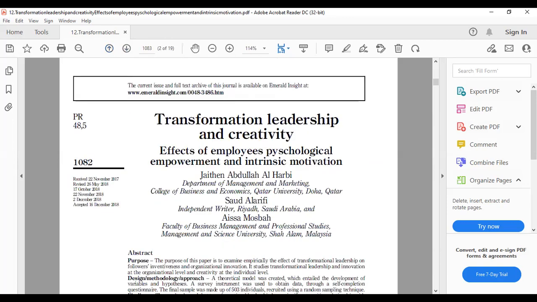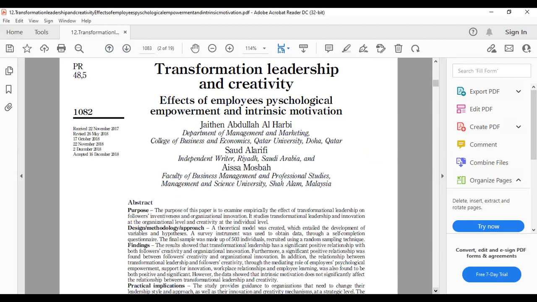I read the abstract and they talk about the topic, purpose, and methodology they discuss in the survey research. So I highlight survey research, and then they said a random sampling technique was used as the research design, and the population of this study is 503 individuals. These three things are most important for my research, so we have an idea how we compare our research with this research, right?